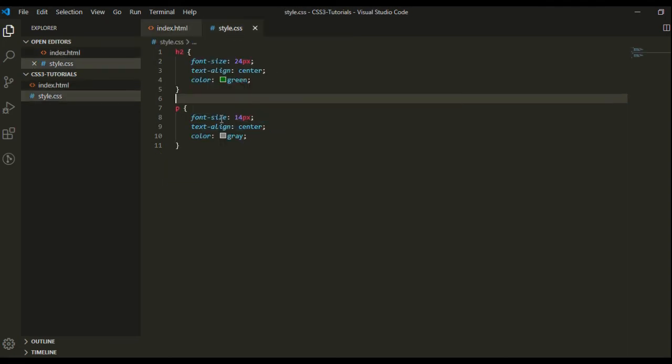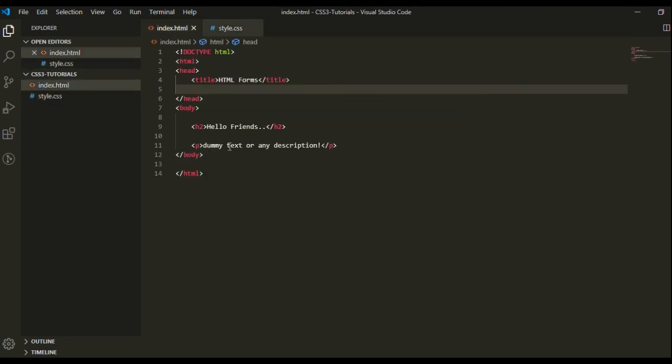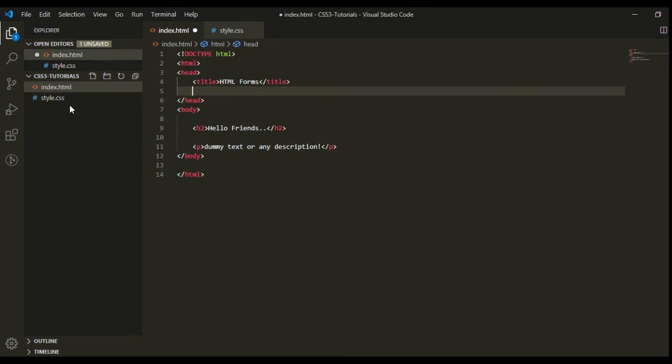So how will our CSS apply on these HTML elements? We must import this style.css file inside the HTML file. We import the CSS file inside the head section of the HTML. For importing the external style sheet from the folder, we have a special tag, link. In link we have an attribute, href.